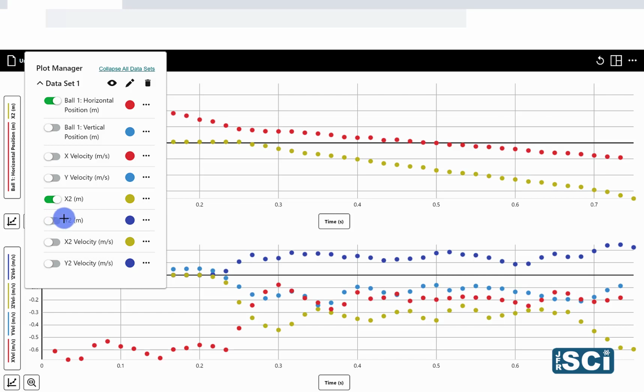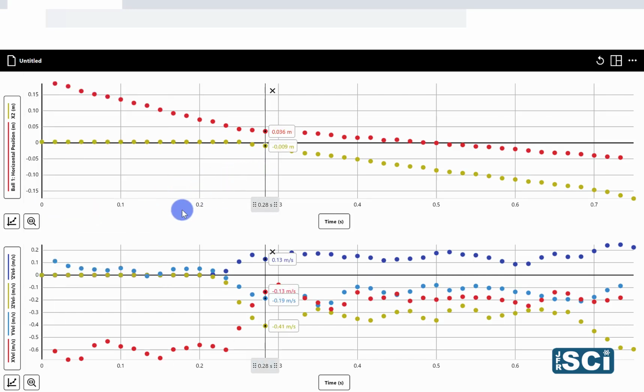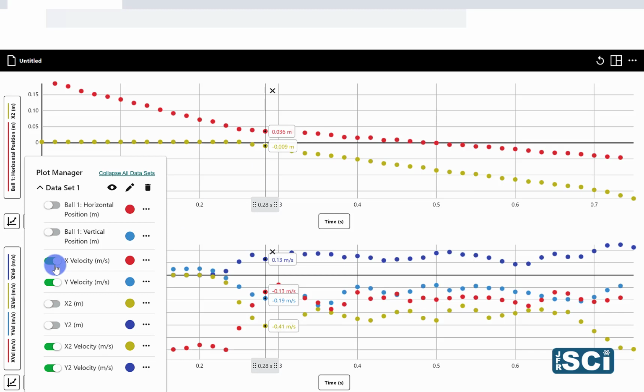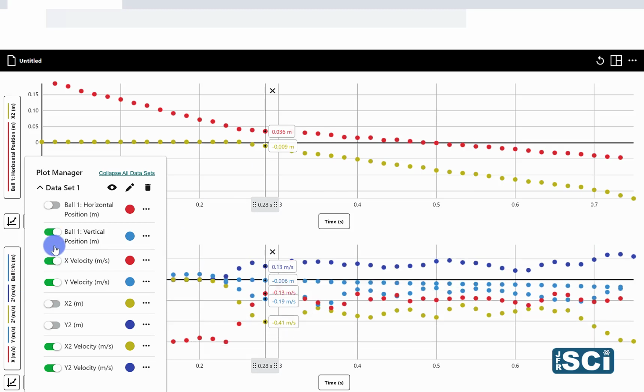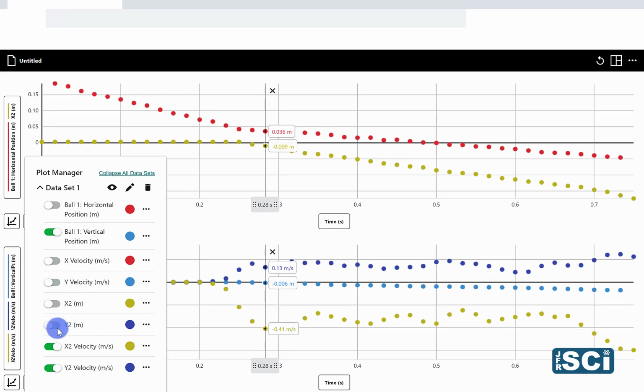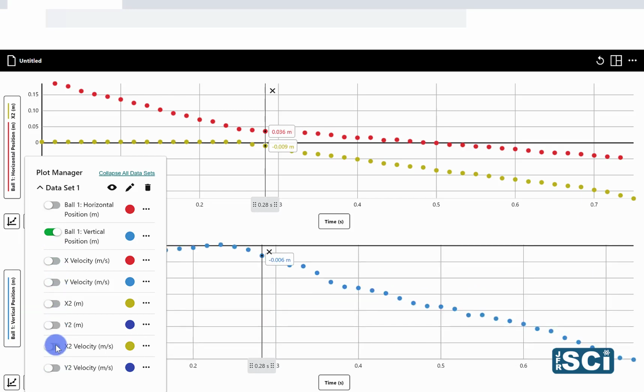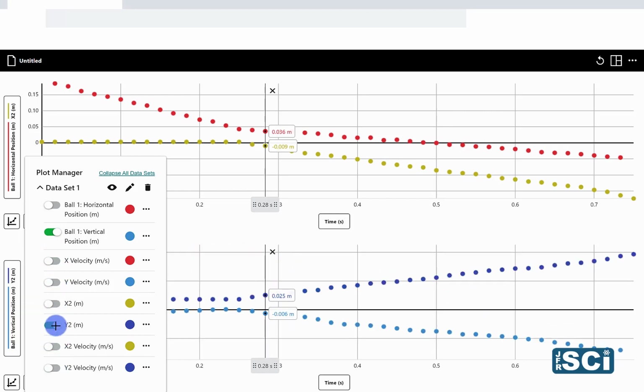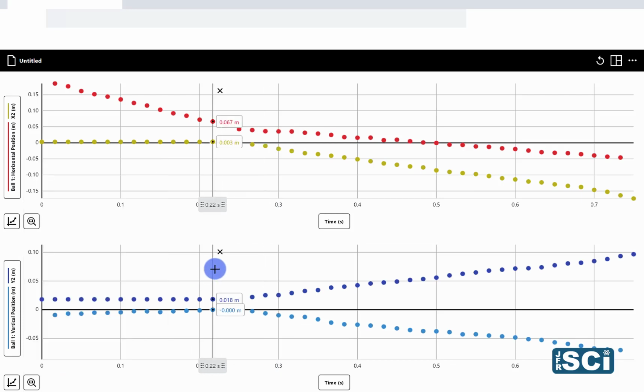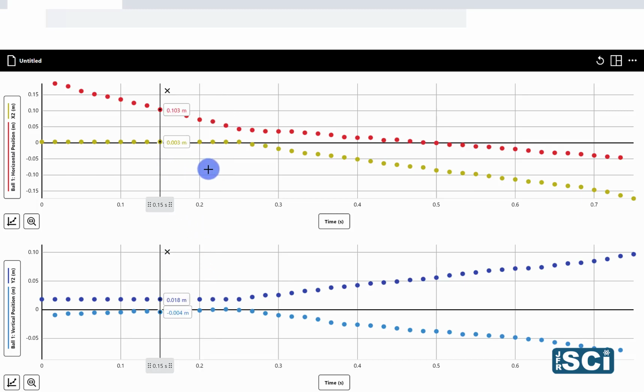And we should have 2 nice lines here on the top graph. And then the bottom graph, we want just the vertical information. So ball 1's vertical position. Let's turn off the velocities, turn off the other velocities, and we want ball 2's vertical. And you should notice that this does look like the analysis that we saw in class for the collision of